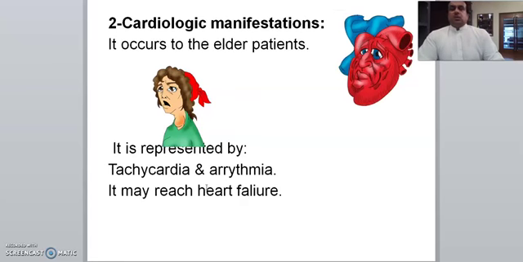The other ones are the cardiac manifestations. In order to remember these things, you broadly classify them as cardiac manifestations and neurological manifestations. Neurological manifestations would be the central manifestations, what I've just told you: tremors, nervousness, anxiety. And the cardiac manifestations would be the tachycardias and the arrhythmias. They are very important manifestations in which